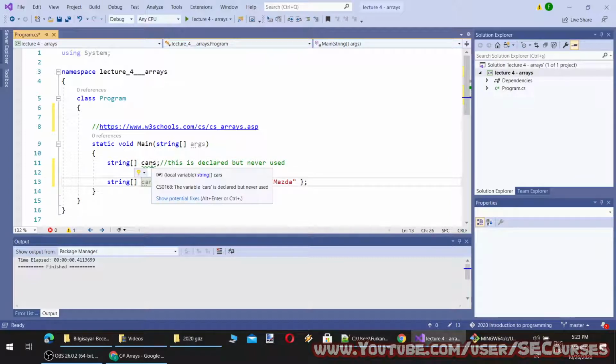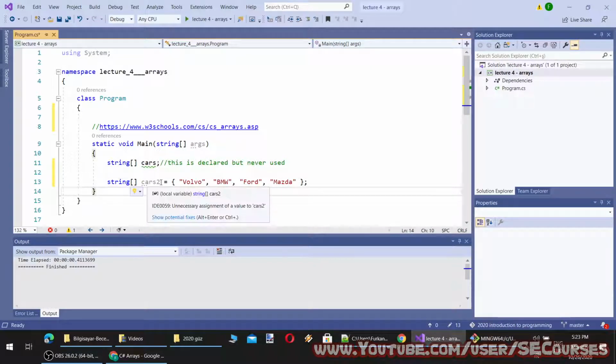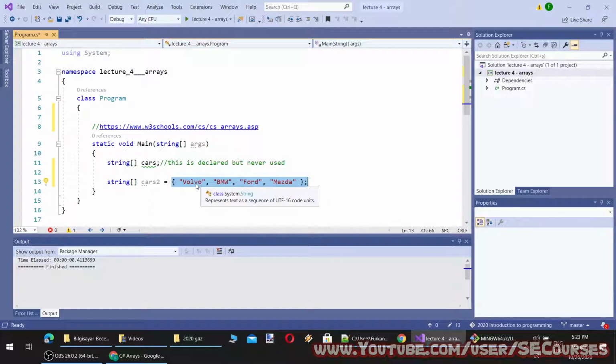You see when you hover over it, it has a green line under it. That means it is never used. So cars2 is both declared and initialized with the values of 4 cars, Volvo, BMW, Ford, and Mazda.